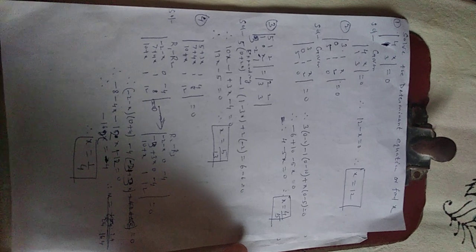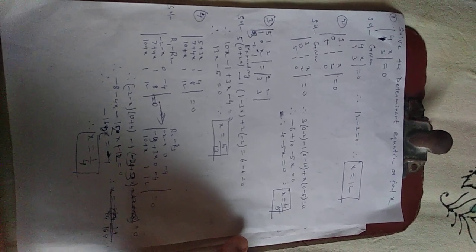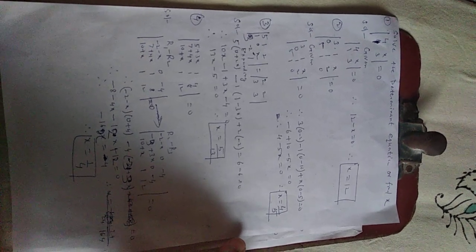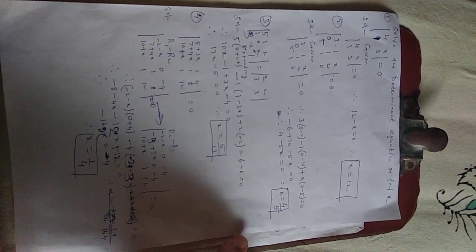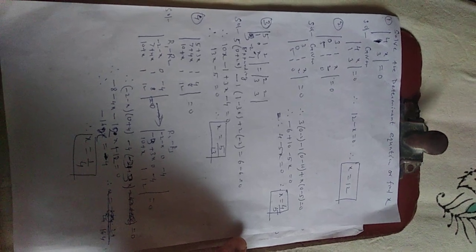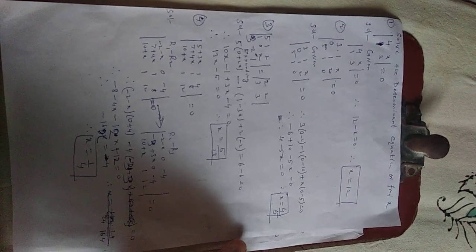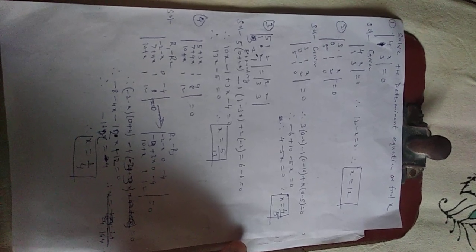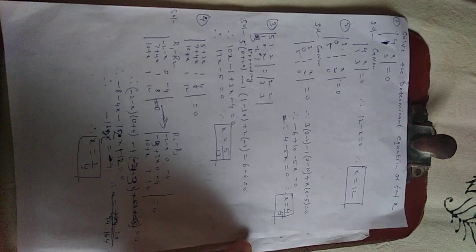Find x. 4x 1 3 equal to 0. So how to start with? The first step is whatever given, you take it first step. Given 4x 1 3 equal to 0, and then expanding the determinant on LHS, you will get 12 minus x and is equal to 0, that is RHS. 0 is the RHS, and therefore the solution or the value of x is 12.